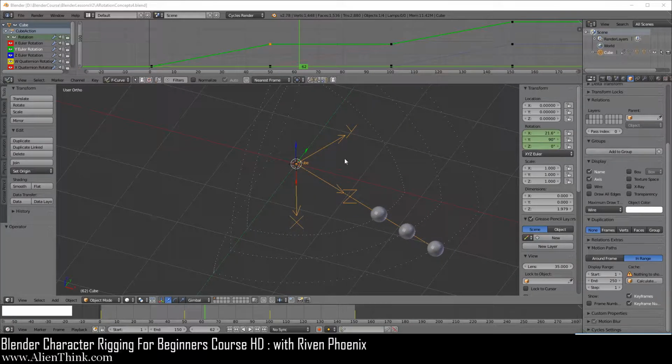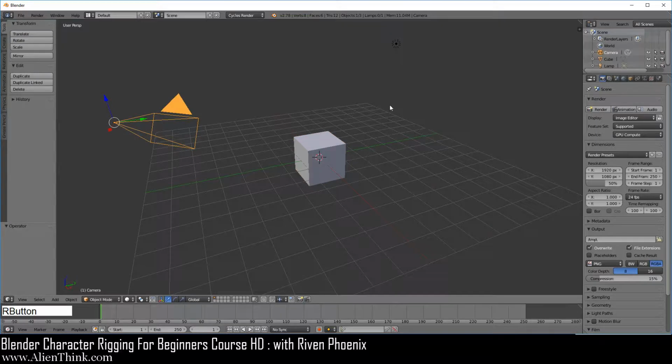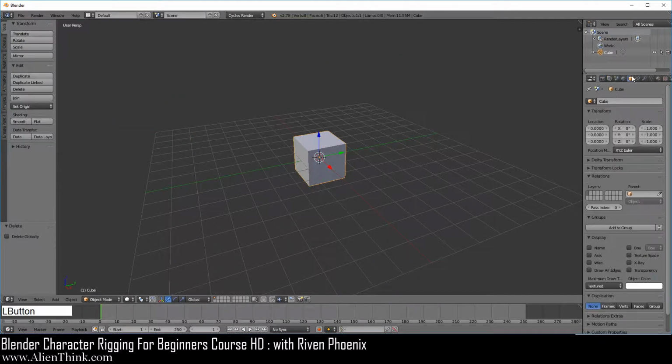Okay, so what we're going to do is take a look at how Euler rotations work. To do this, go under File, do New, do Reload Startup File, click on the camera, click on the lamp, do X and delete, click on the object, go to the Object tab,